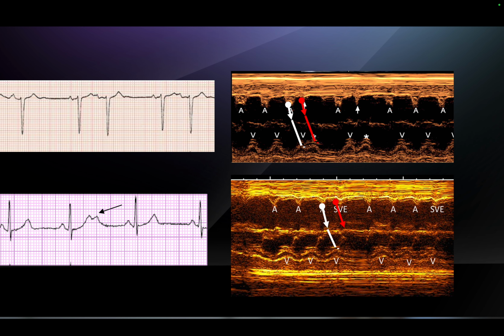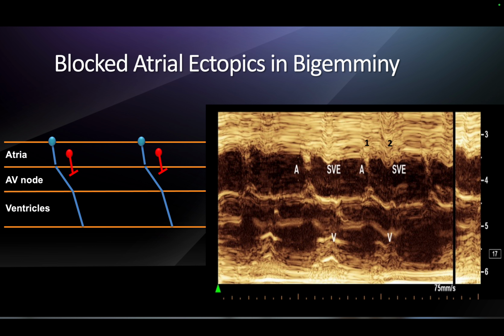So that is where the importance comes. Now you look at the blocked atrial ectopics. This is the blocked atrial ectopic. This is the normal beat. Atrial ectopic does not have a ventricular beat. Normal